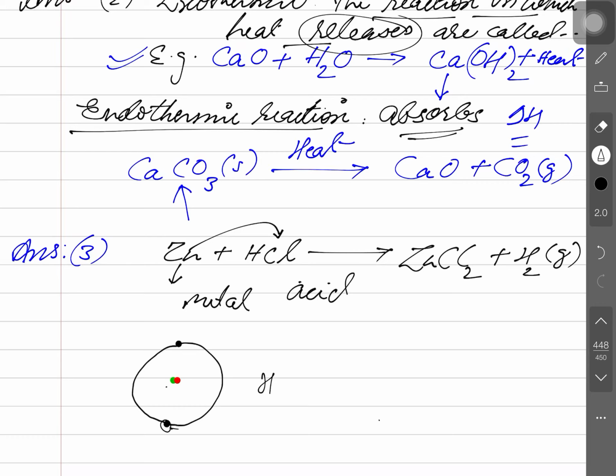If this electron is removed, then what shall it be? Please tell me. It will form a hydrogen ion. So the hydrogen in the HCl is actually in this state, a single ion. When it splits into hydrogen and chloride ion, as a positive ion it requires one electron, H+ plus e-, which means this electron is to be given here.